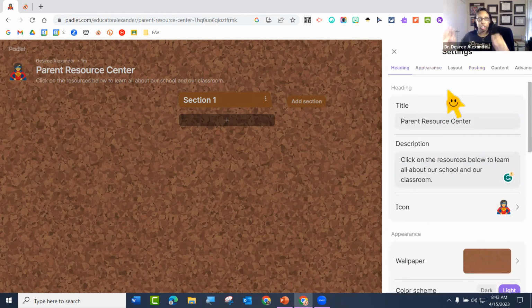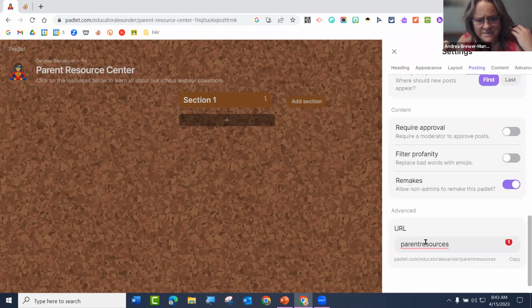Any questions so far about these settings? Yes, please. On the URL, I was trying to put a space. It has to be all one word, is that correct?